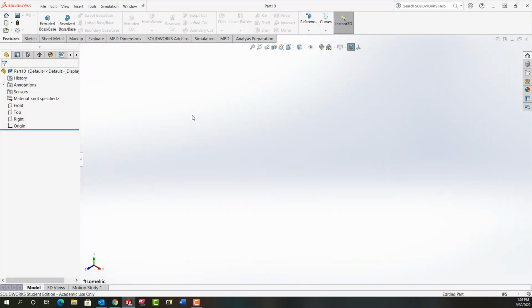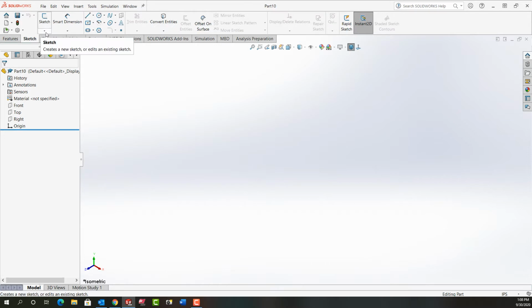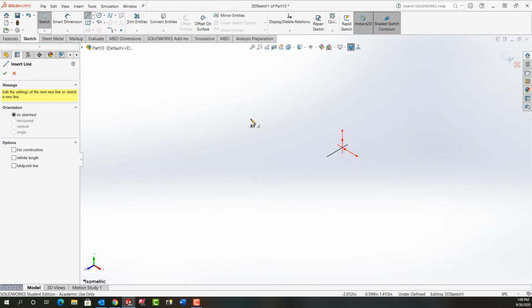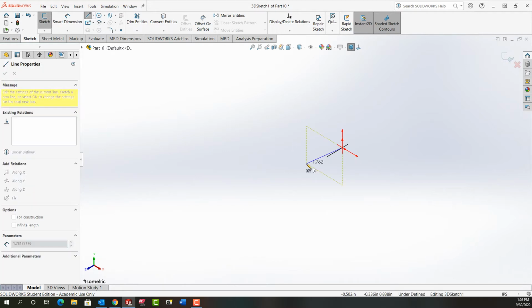In this video, I'm going to demonstrate how to make the exercise sweep with 3D sketch on page 1-9 of your textbook. So first, I'm going to go to the sketch ribbon. I'm going to expand the drop-down arrow below sketch, and I'm going to start a 3D sketch. I'm looking at it isometrically. I'll use mouse gestures to activate line, and then I'm just going to click on the origin, move away, and